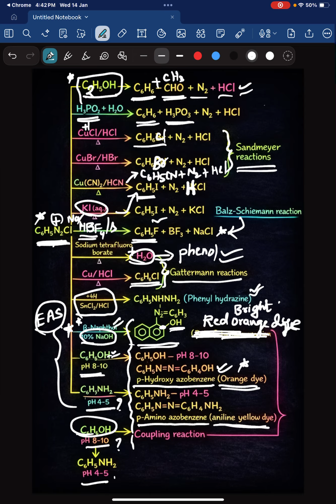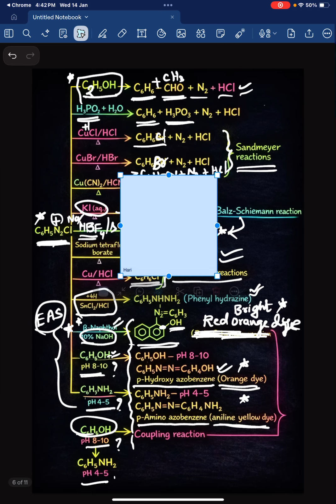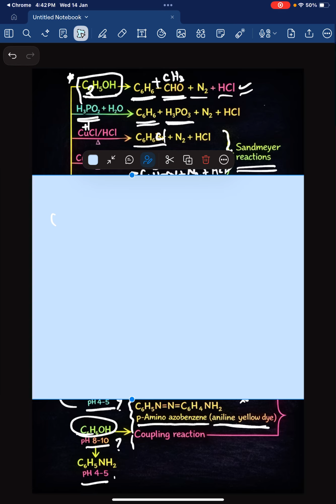So here the colors are important for the respective dyes, and even why we are using a pH of 8 to 10 with phenol or 4 to 5 with aniline. The reasons are very important. Those reasons we can discuss here. So the reasons are,